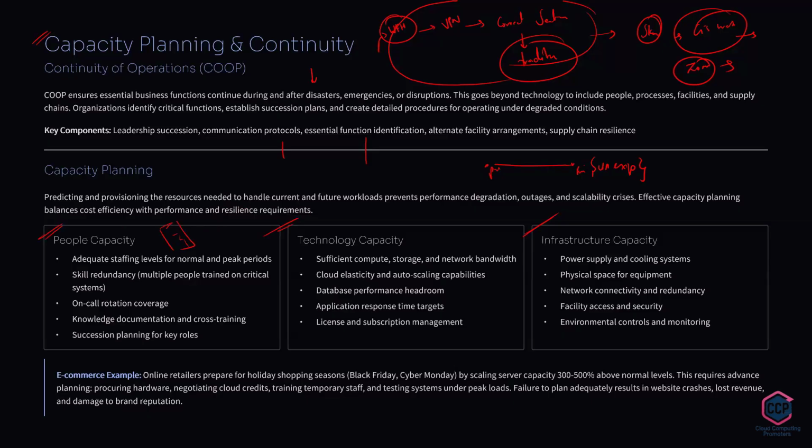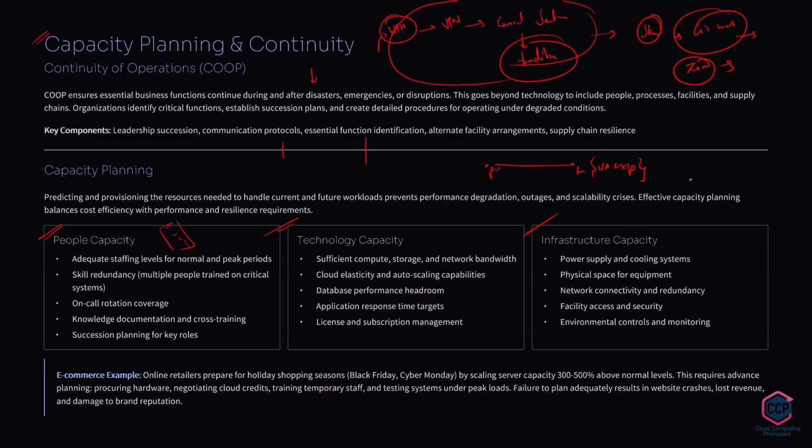If there are rotational shifts, or any escalations from one state to another. Technology capacity means there should be enough switches, routers, firewalls, endpoints, and servers. Each and everything should be pre-configured and ready to use.